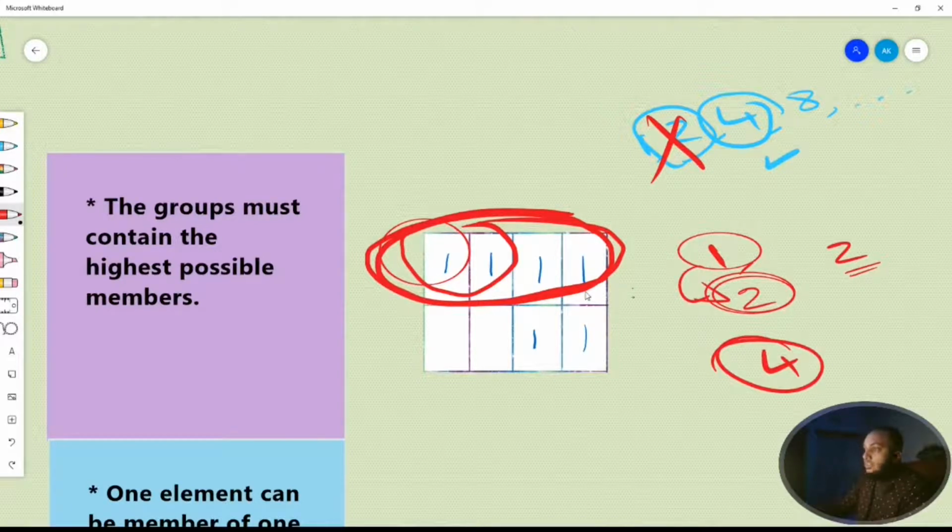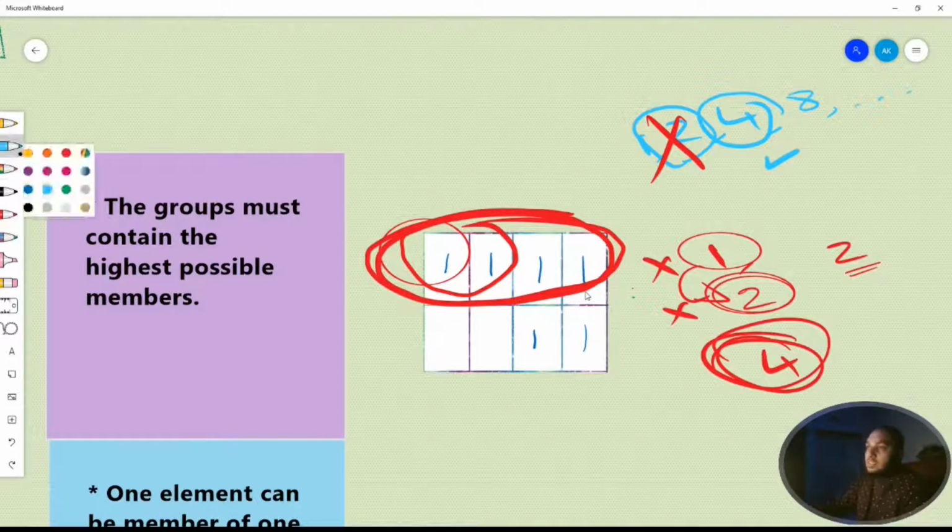We could form the group having 1 member or 2 members, but we have found here that the possible member number can be 4 here, so we won't take 1 as the number or 2 as the number, rather we will form the group having 4 members. So finally our group will be this. Okay,